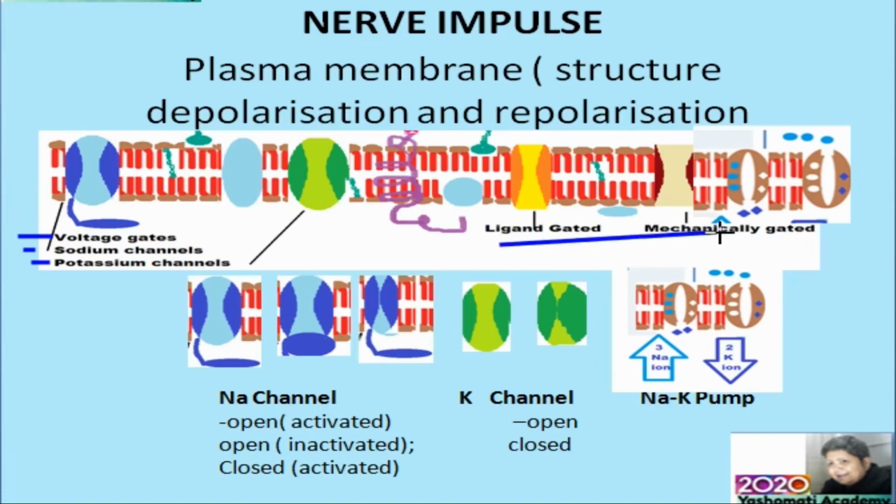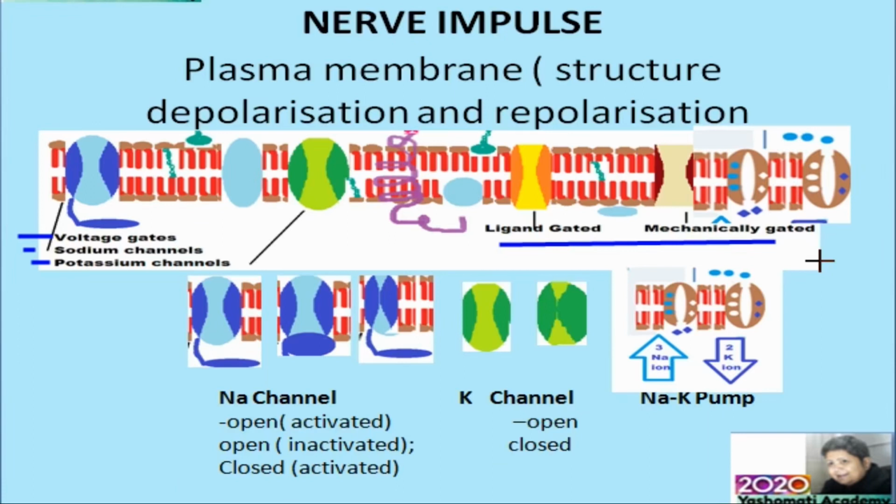Whereas these gates are present on the receptors. They are called ligand gates and mechanical gates. Ligand gates are those channels which open or shut depending upon the attachment of certain chemicals to them. These chemicals may be neurotransmitters or certain hormones. Mechanical gates are those which are sensitive to change in temperature, sound, pressure change, or length change in the case of muscle cells. The function of these gates is also to transport the ions.